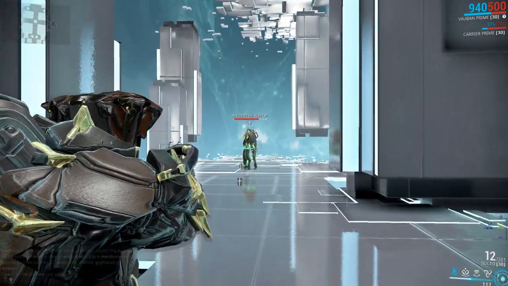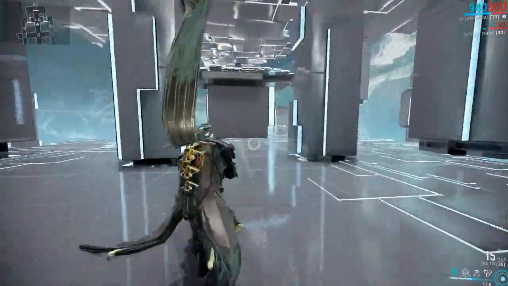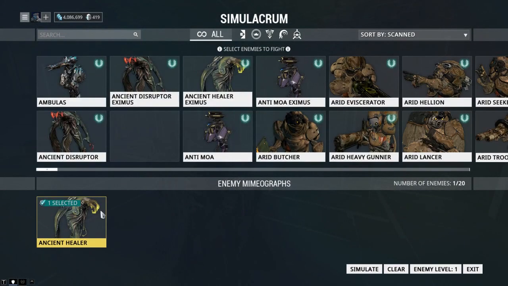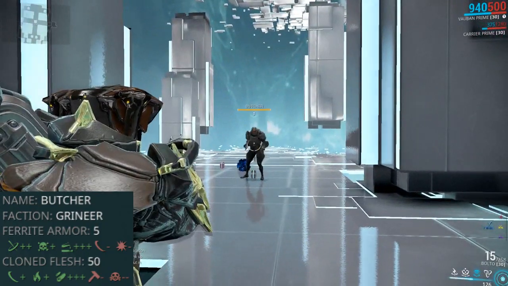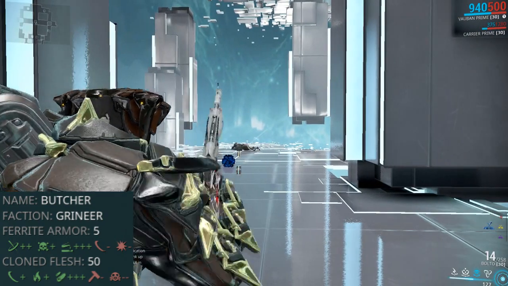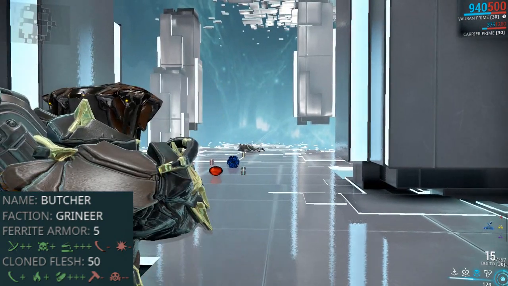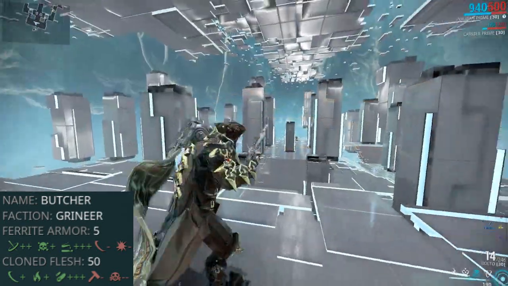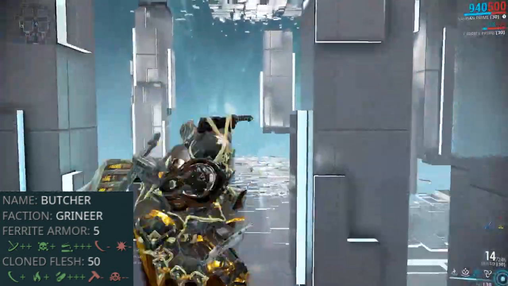sources, but obviously the game rounds numbers so it can't show non-whole numbers, so that's why it shows 45 instead of 45.5. So like I said, against a Butcher, the 45 damage Bolto goes up to 63 damage to a level 1 Butcher. And due to how little armor they already have, the scaling of their armor is also pretty